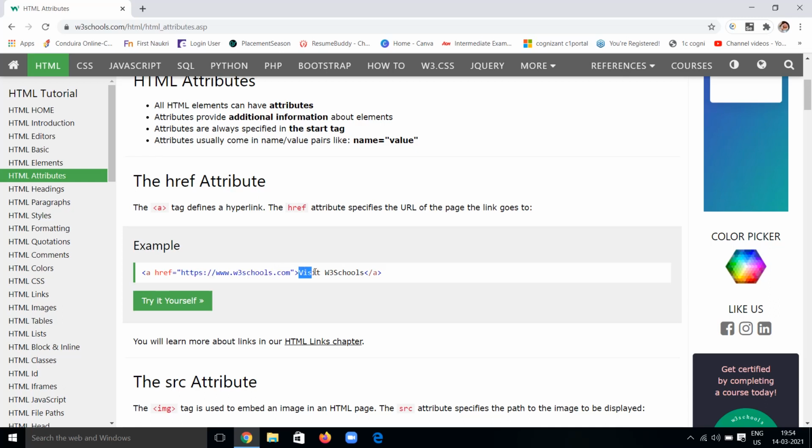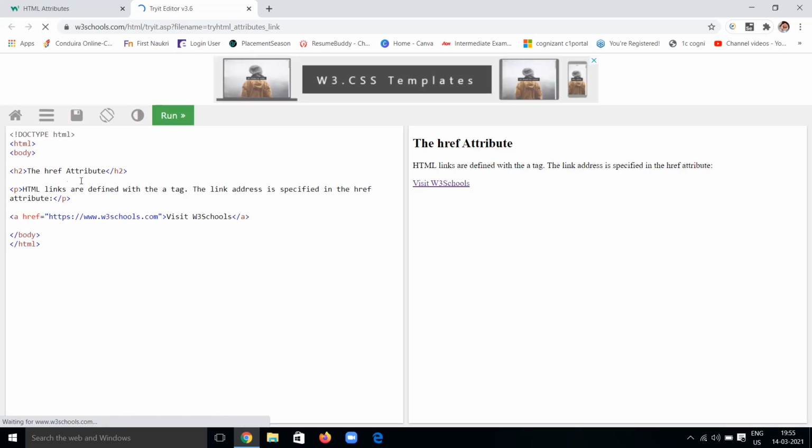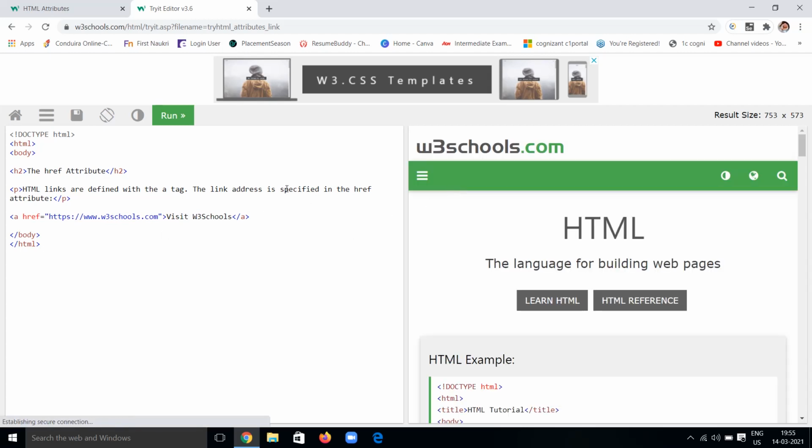The value you give for this will be placed after the start tag name and before the end tag. This is the starting tag where we have given these attributes. As we discussed, attributes should be in the starting tag only, so it is defined here, with some content in that tag, and as usual the closing tag of a. You can try this, as we tried in the previous sessions also. Let's see once again. We have given an h2 heading, a p paragraph and a hyperlink, Visit W3Schools. You can click here and you will be redirected to this website.